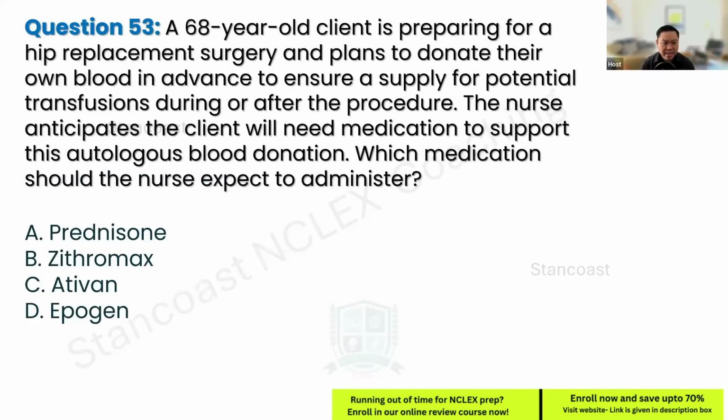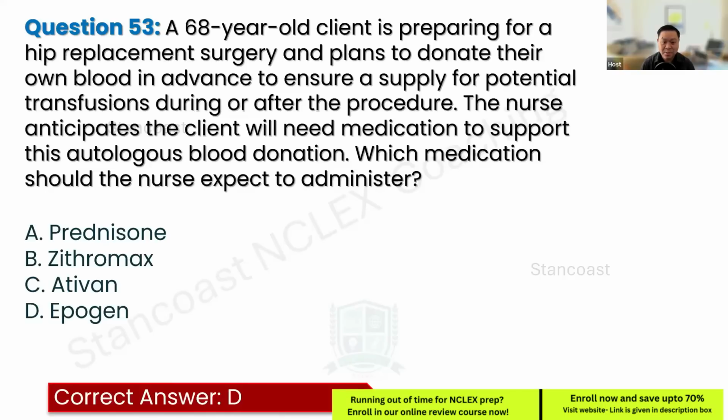Number 53, a 68-year-old client is preparing for a hip replacement surgery and plans to donate their own blood in advance to ensure a supply for potential transfusion during or after the procedure. The nurse anticipates the client will need medication to support this autologous blood donation. Which medication should the nurse expect to administer? A, prednisone. B, zithromax. C, Ativan. D, EpiPen. The correct answer is letter D, EpiPen or erythropoietin, which can stimulate red blood cell production, and this